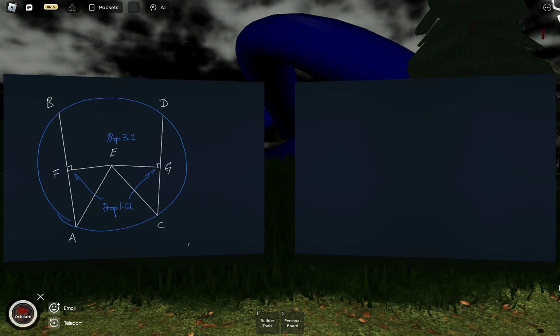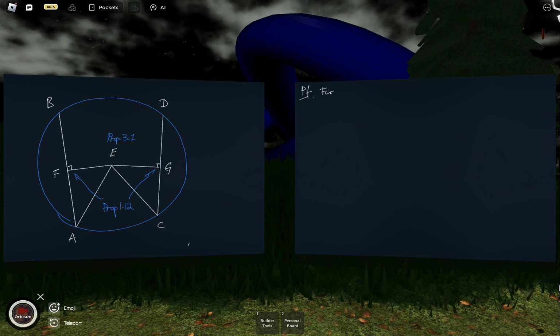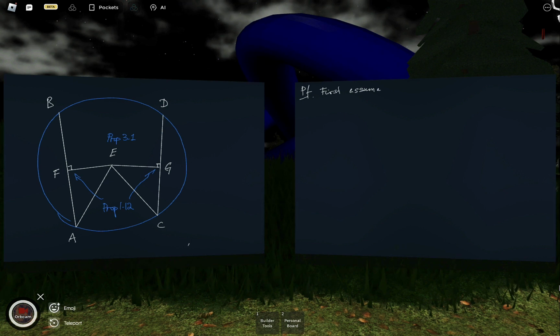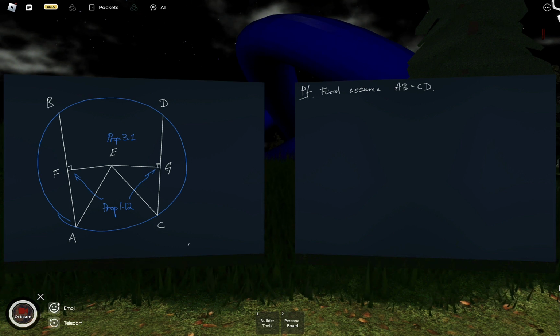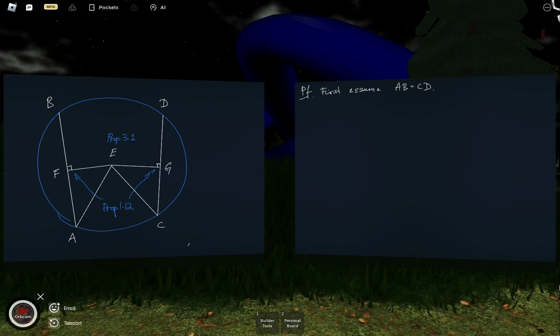Okay, so the proof goes like this. So we first assume, so we prove the forward direction first. So we first assume that AB is equal to CD. So we assume the lines are equal, and we have to prove that they're equidistant from the center, which means we have to show that EF and EG are equal. Okay, so by proposition 3.3,